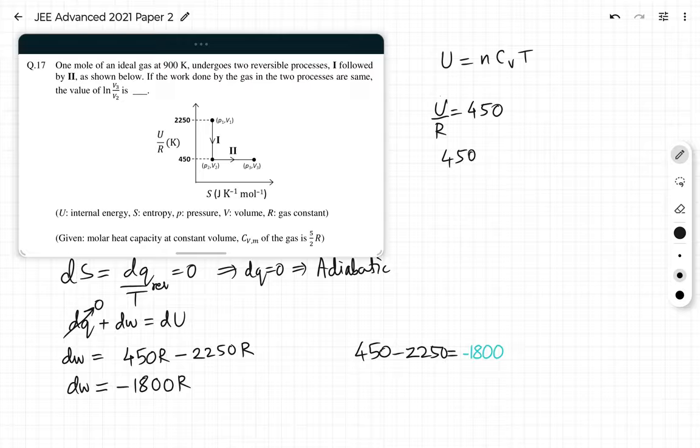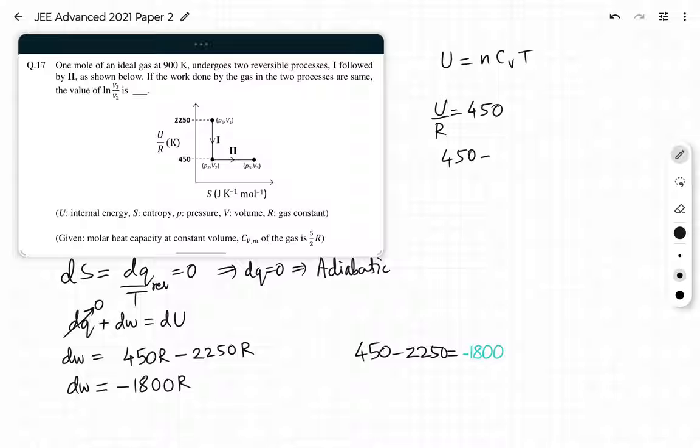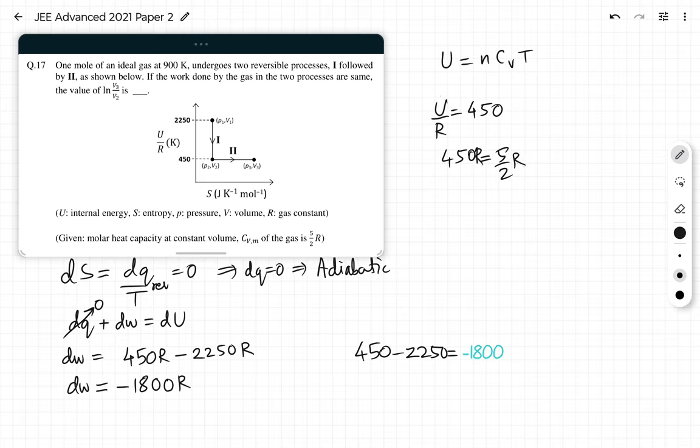So 450 equals n is 1, Cv is 5 by 2 R, 450 R is equal to 5 by 2 R and T. So T is 450 times 2 by 5, which will be 180. So the isothermal process is happening